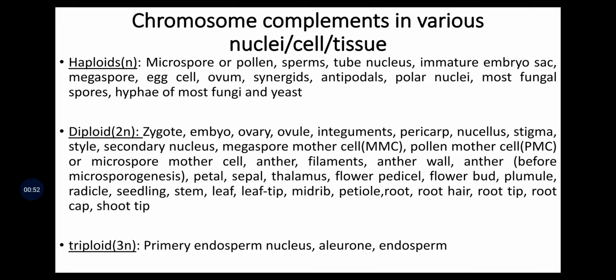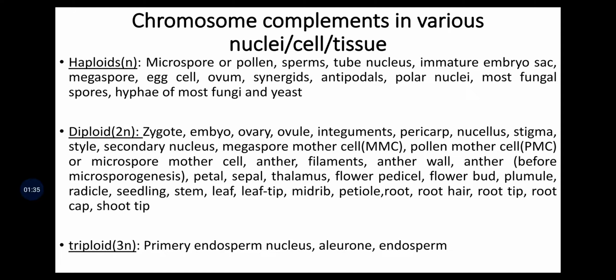Similarly, the diploid or 2N condition is observed in zygote, embryo, ovary, ovule, integuments, pericarp, nucellus, stigma, style, secondary nucleus, megaspore mother cell, pollen mother cell or microspore mother cell, anther, filaments, anther wall, anther before microsporogenesis, petals, sepals, thalamus, flower pedicel, flower bud, plumule, radicle, seedling, stem, leaf, leaf tip, midrib, petiole, root, root hair, root tip, root cap,